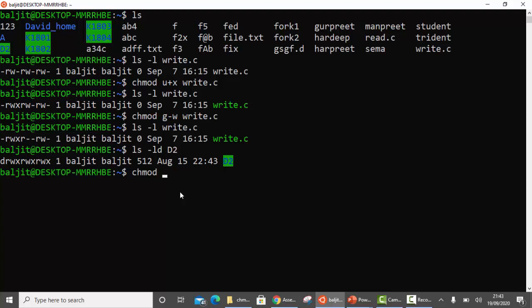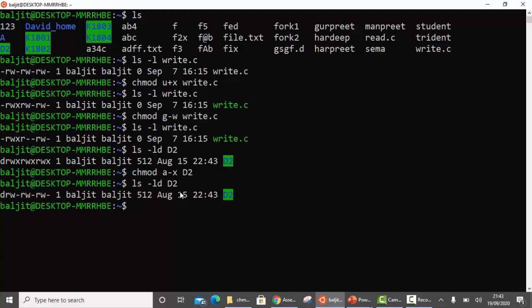Now there are different methods to do it. I'll use one of them. If I want to do it for everyone, so I can simply use A. A is for all. Second thing is what I want, deny what, execute on the directory D2. Recheck again and you can see execute is denied for all.